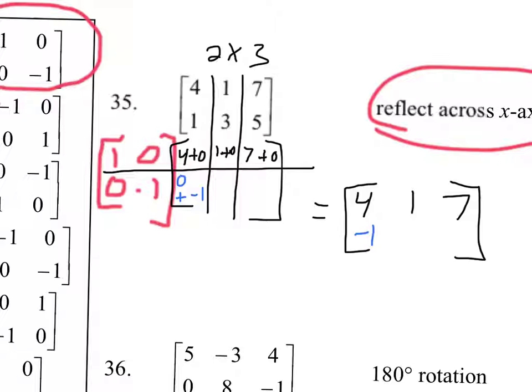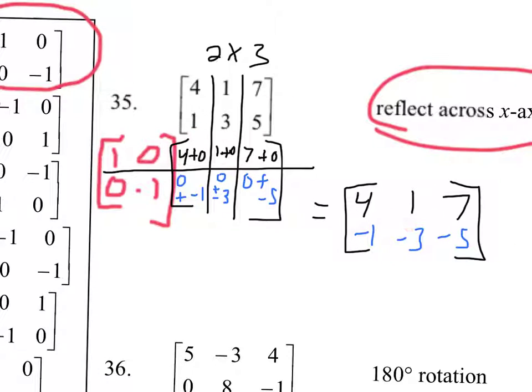0 times 1 is 0. Negative 1 times 3 is negative 3. Add those together and you get negative 3. Oh, you might notice a pattern here. In the last spot, 0 times 7 is 0. Negative 1 times 5 is negative 5. We get negative 5. So it looks like the first row didn't change at all, and the second row just